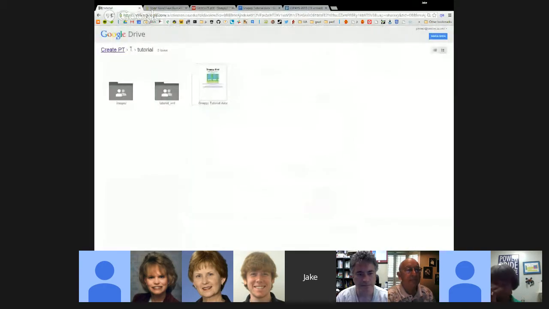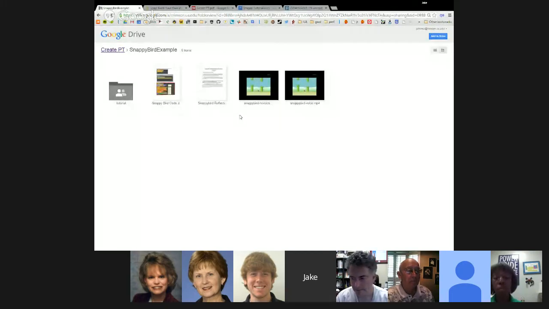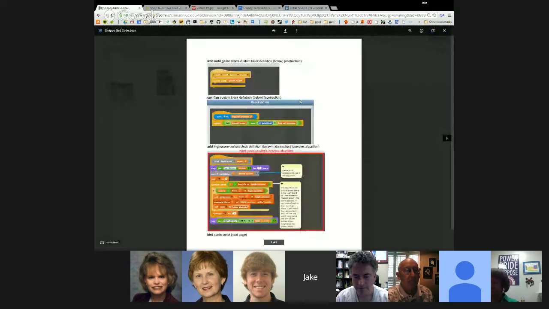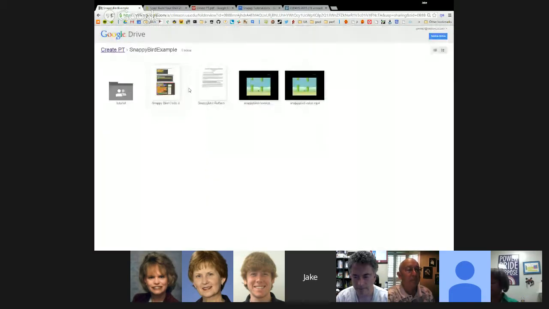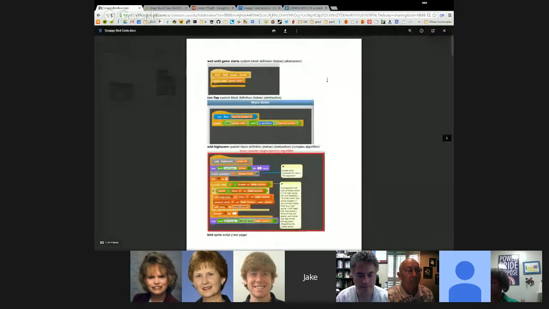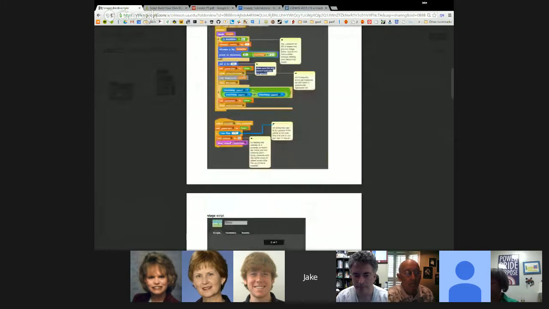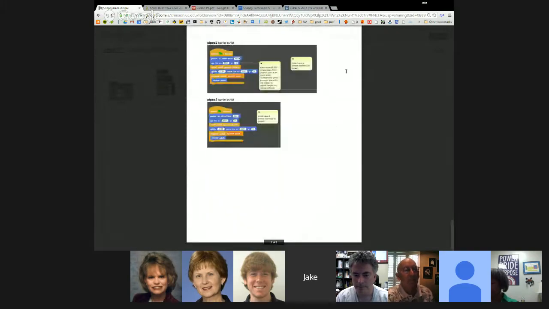And if we go down a step again, we have the other necessary parts of the Create PT. We have all the code as a PDF. I copied and pasted it. Sorry, having some trouble with this. I used a screenshotting program to copy all the code here, just like the Create PT outlines.